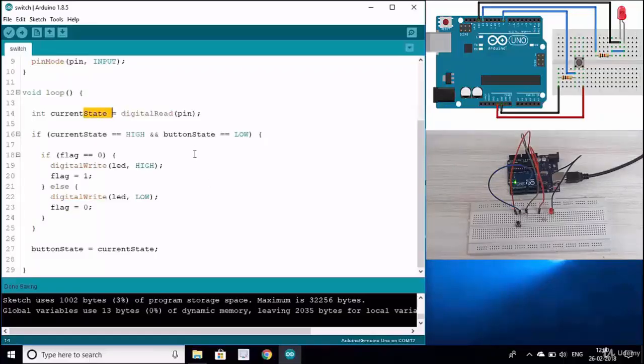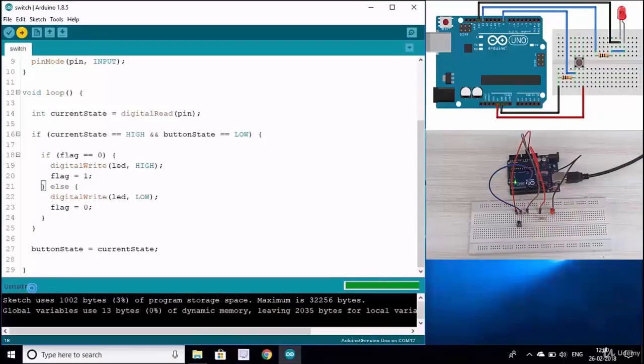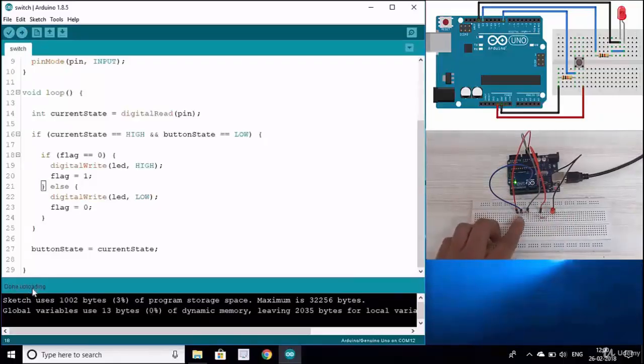So let me upload the sketch and see if it works, right? So let me press this upload button, and perhaps you can see in the lower left corner uploading, and it's done uploading. So let me press the switch and see if it works. So now I press the switch and the LED turns on. I press the switch again, LED turns off,